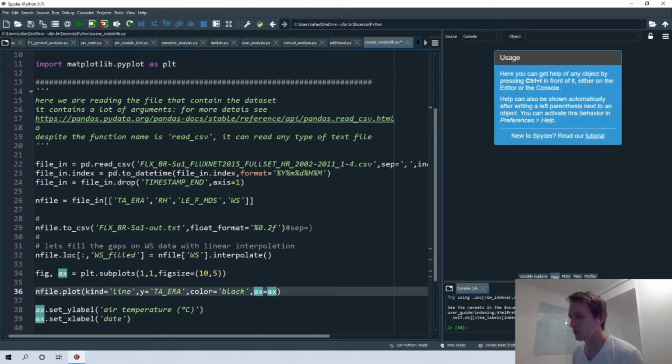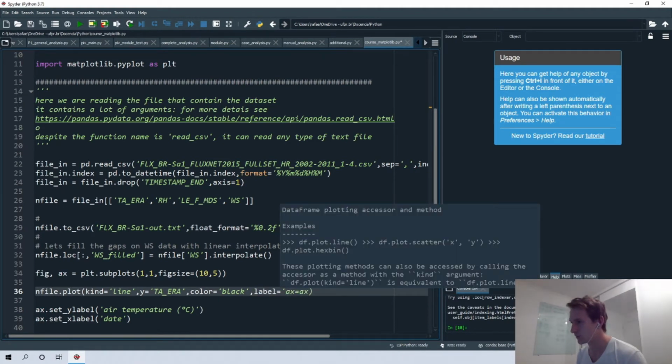Okay, and then also change the name of the legend. So to change the name of the legend, we must specify here in the plot function the new argument that's called label. So we must change that value, so we can change it to air.